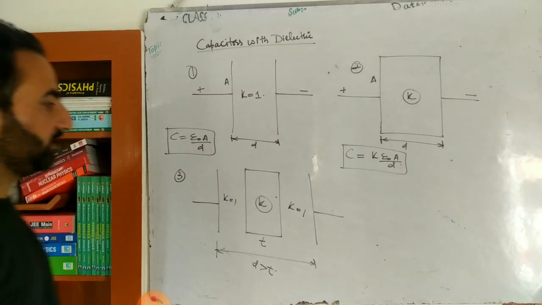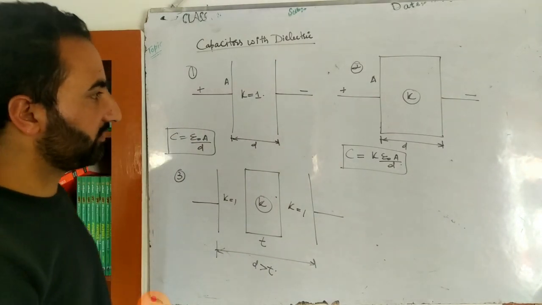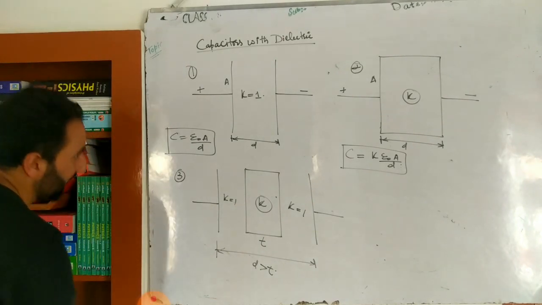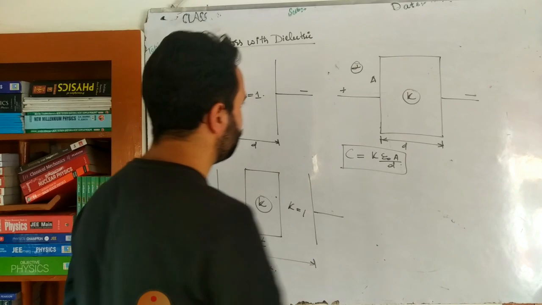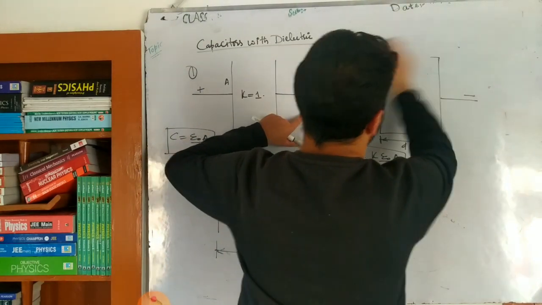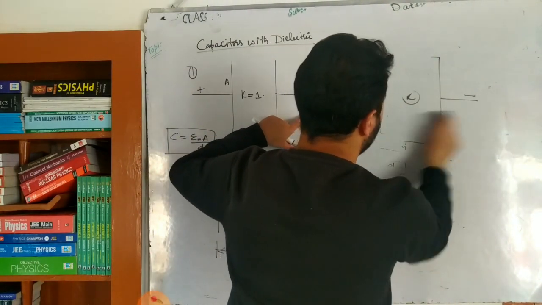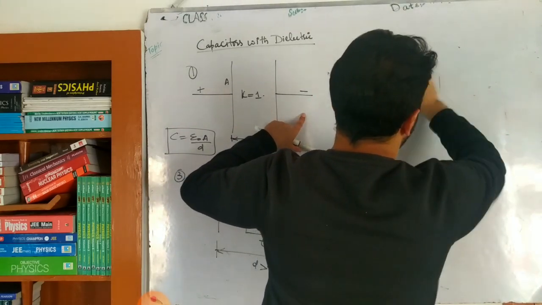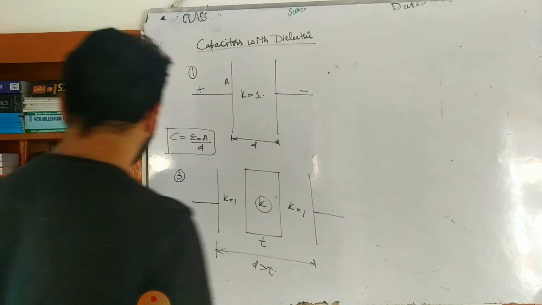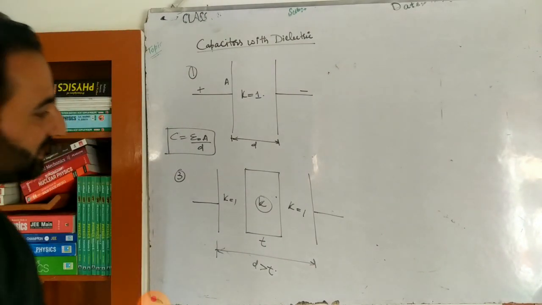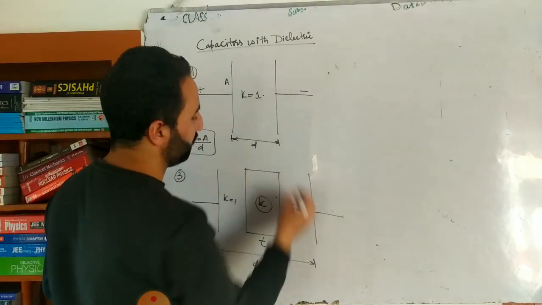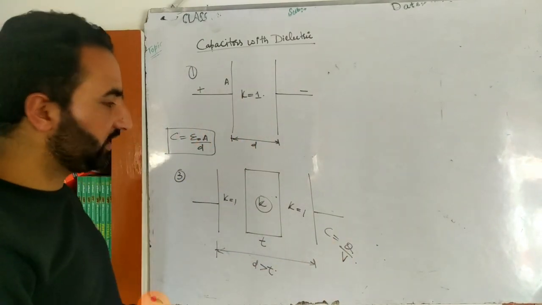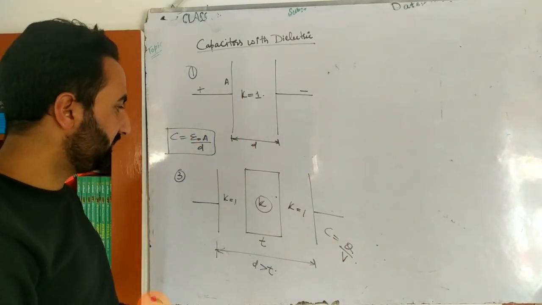Now look, there is a shortcut technique to calculate the capacitance of this. Already we have derived an expression for this. Let me show that derivation as well. I'll show the derivation and then I'll show you the shortcut. We have already shown it, but I will revise it. Now keep in mind, simply what you have to calculate is capacitance. Capacitance simply implies Q divided by V. We will somehow try to calculate the value of Q divided by V, that's equal to capacitance. As simple as that.